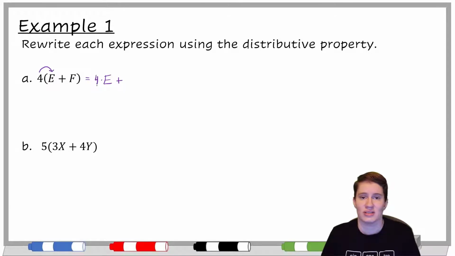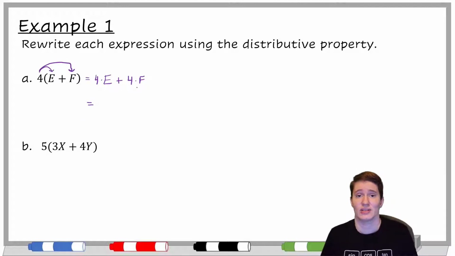So 4 times e is 4 times e, and then 4 times f, put a plus in the middle because of that plus in the middle, get 4 times f. And then we think about, is there really anything I can do to this to make it look nicer? There's not. We still can't add e and f together, even though now we have 4e and 4f. What we can do is rewrite it without the dot in the middle, and that's about it, 4e